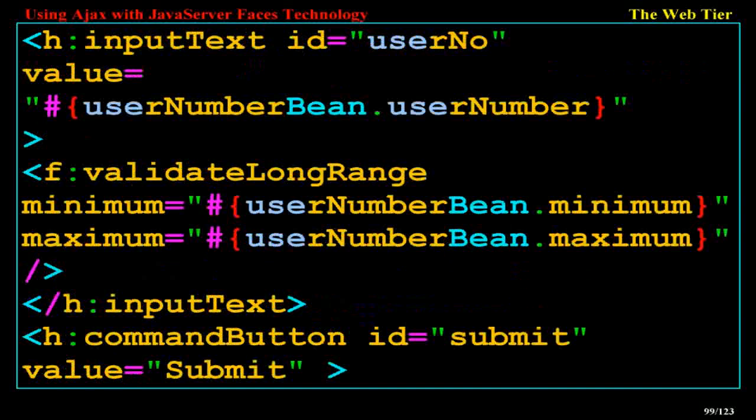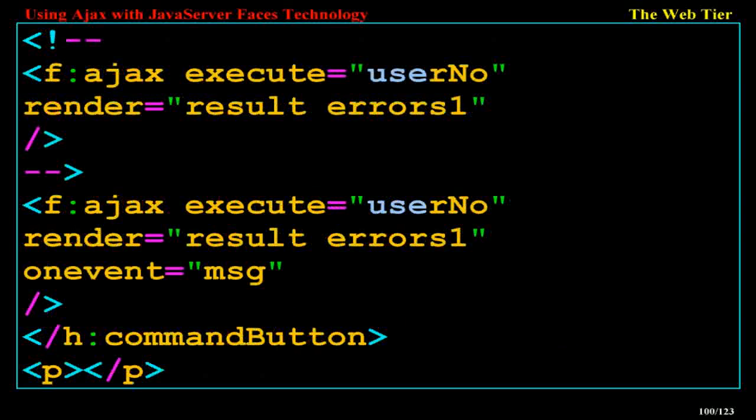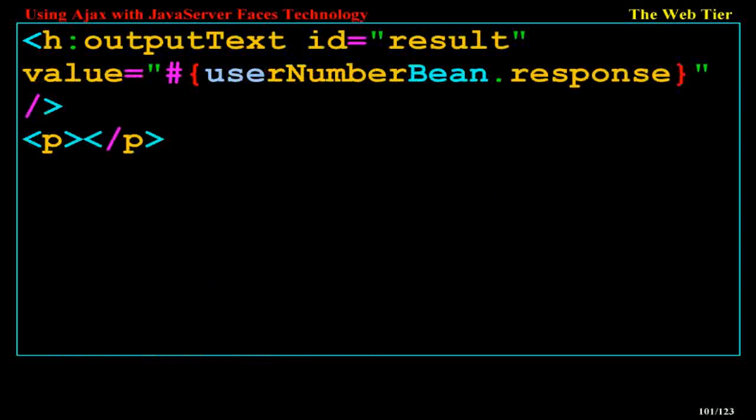</h2> <p> <h:inputText id="userNo" value="#{userNumberBean.userNumber}"> <f:validateLongRange minimum="#{userNumberBean.minimum}" maximum="#{userNumberBean.maximum}"/> </h:inputText> <h:commandButton id="submit" value="Submit"> <f:ajax execute="userNo" render="result errors1"/> <f:ajax execute="userNo" render="result errors1" onevent="msg"/> </h:commandButton> </p> <h:outputText id="result" value="#{userNumberBean.response}"/> </p>